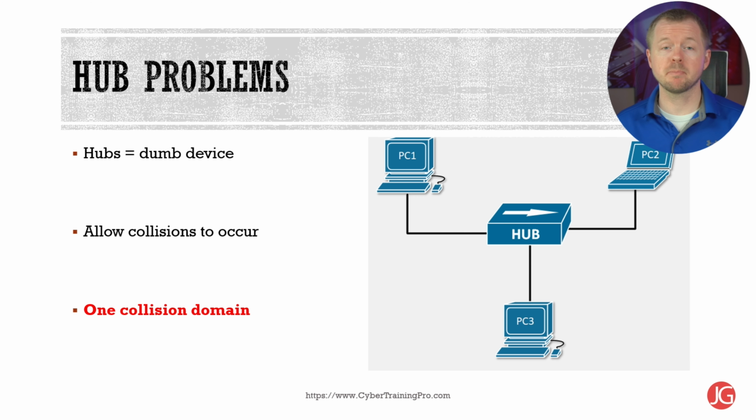So we know that hubs are basically a dumb device, meaning that they just repeat signals that are sent. We also know that when we're using hubs, we can actually have collisions, and with CSMA/CD technologies, eventually the overall process leads to a less effective network because of all those systems that share a collision domain.